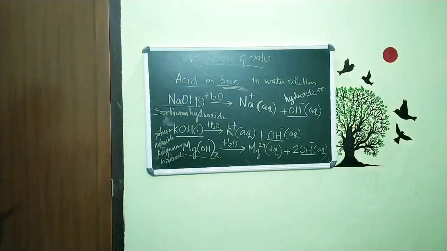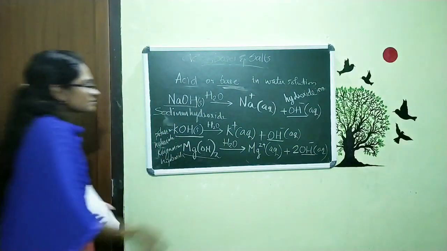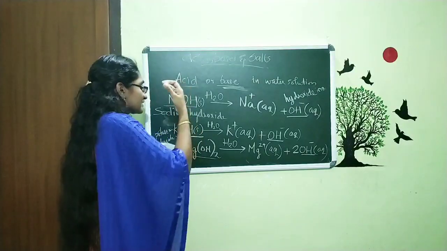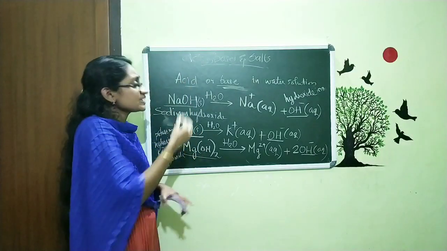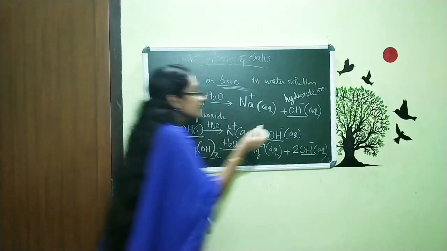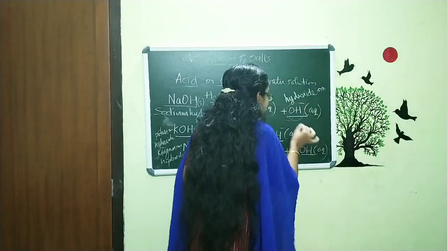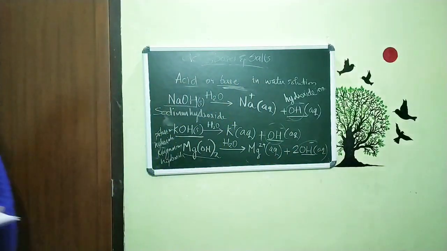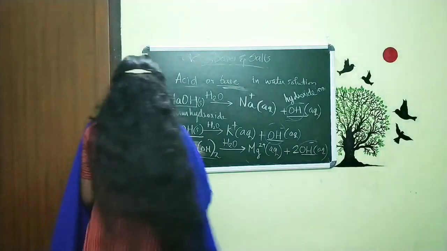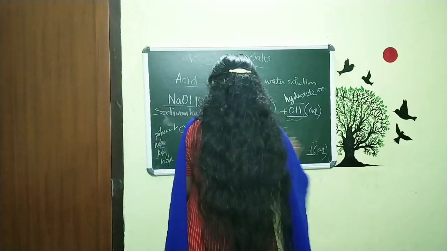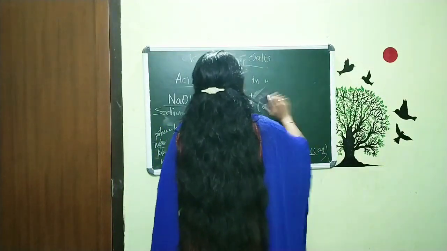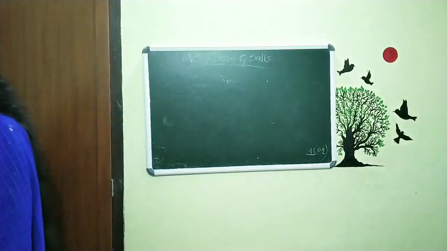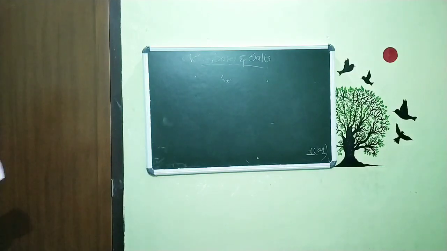Hydroxide ion. So we are just writing the equations with sodium hydroxide, potassium hydroxide and magnesium hydroxide in reaction with water. We get a common component available, that is OH minus. That is the only thing we are focusing on in this region. So we can conclude this as